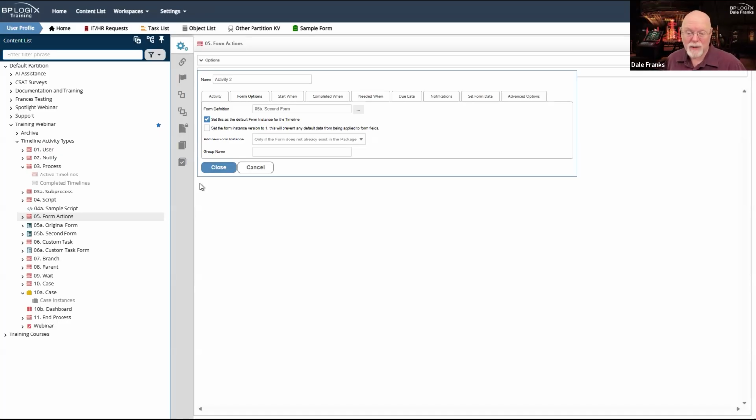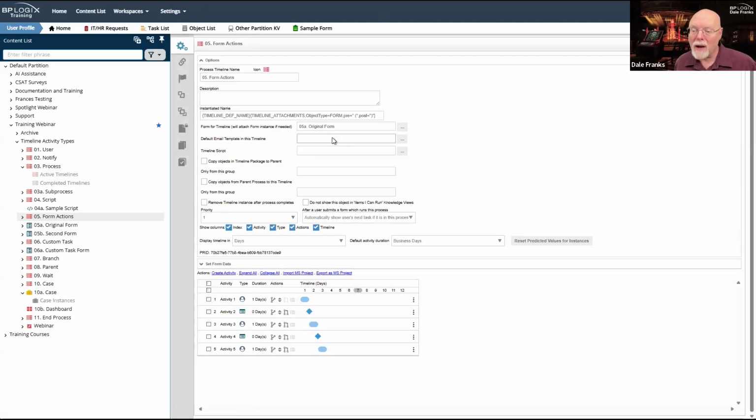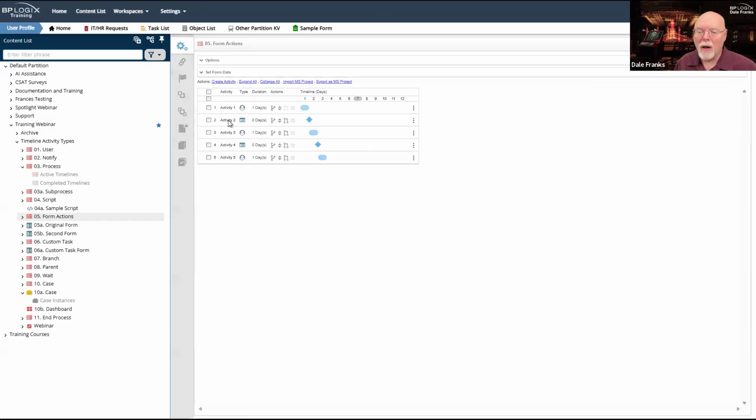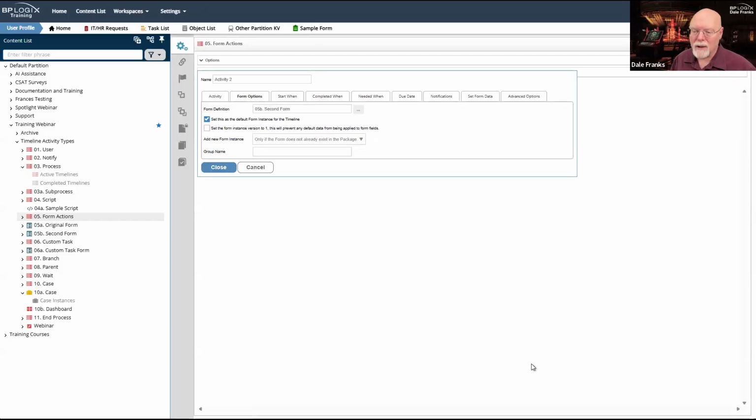What that means is that I have taken my first form, which was the default form for the process. In fact, I probably have it configured right here as my form for timeline. That is my form. That's the default form. Everybody is going to see the original form unless I call the form options or the form actions activity type, in which case I can just swap the default form out.